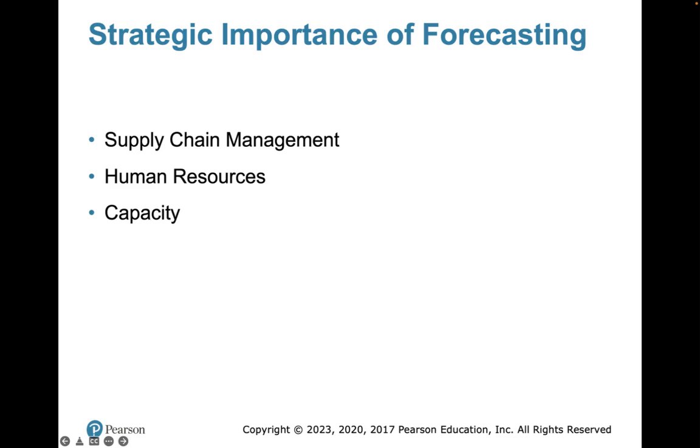Are we going to overbook? Are we going to have more restaurant covers in our restaurant? What are we going to do in terms of capacity? So we need to understand how many people are coming into the restaurant and make sure that we're not dealing with people waiting too long for their tables. Okay, so forecasting is clearly very important in all aspects of the business. This is why it's one of the first skills that we learn as operation managers.